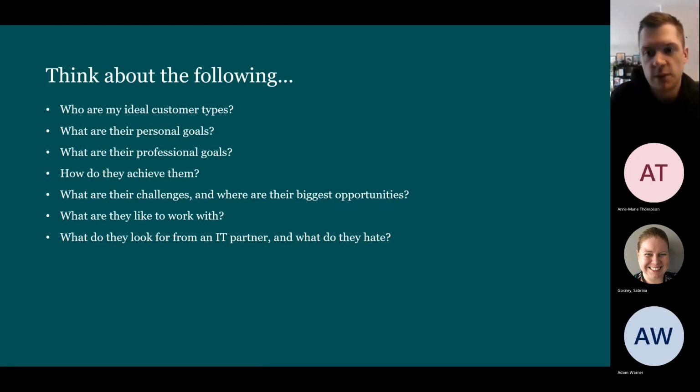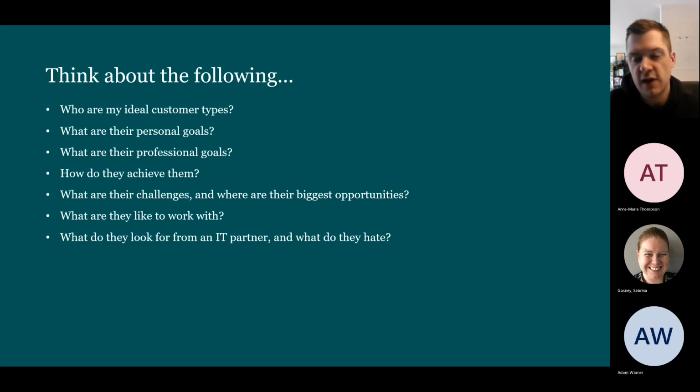Who are they? So job title, function, sector, if you are sector specific. And a lot of partners we've worked with in the past are more sector agnostic. Who are they? What are they trying to achieve professionally and personally? The more we can understand about these pockets of people, the more we can then understand how to engage them, what they're interested in, and then just build that relationship and start to sell those services off the back of that understanding. How do we help them achieve their goals?